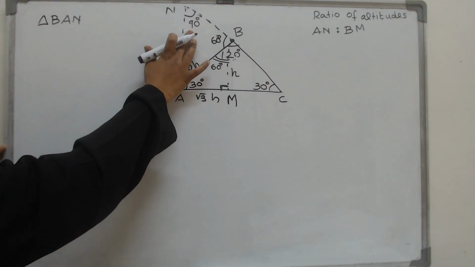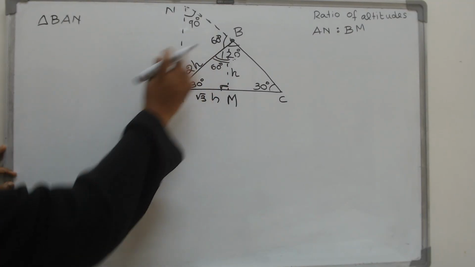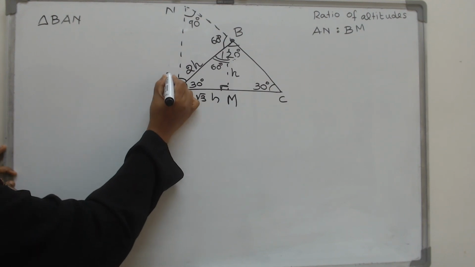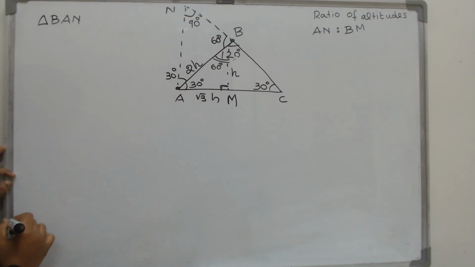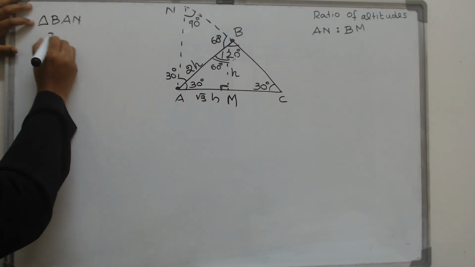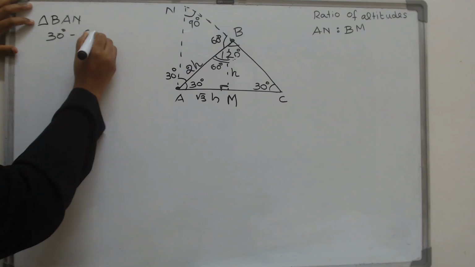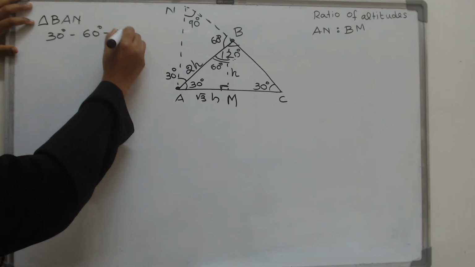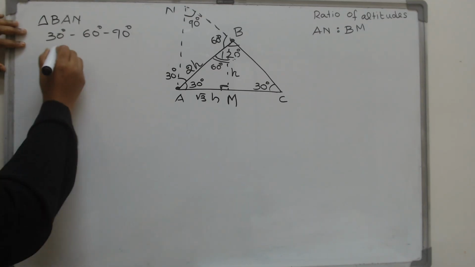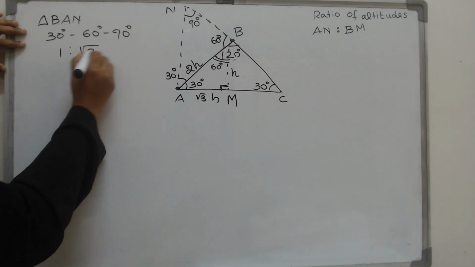So one angle is the 90 degrees, another angle is 60 degrees. Then what will be the third angle here? The third angle here will be 30 degrees. Or in other words, our triangle BAN, its angles are 30, 60, 90. Now, if any triangle has such angles, then the ratio of the opposite sides will be what? 1 is to root 3 is